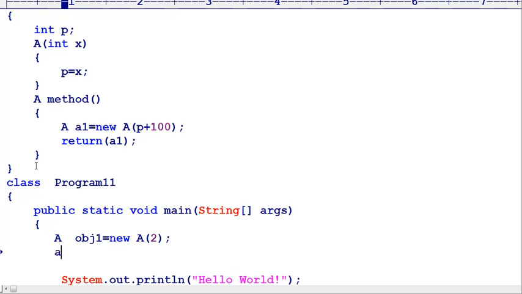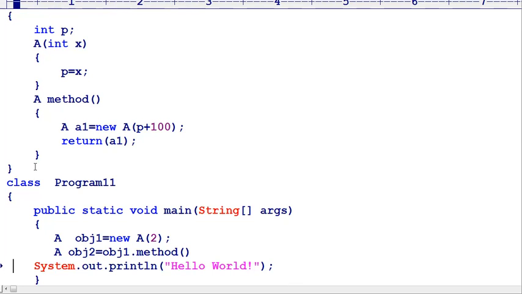Now I am creating another object, OBJ2, equal to calling the method OBJ1 dot method name, whose return type is A.